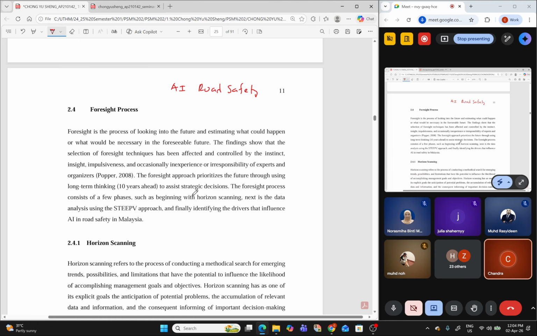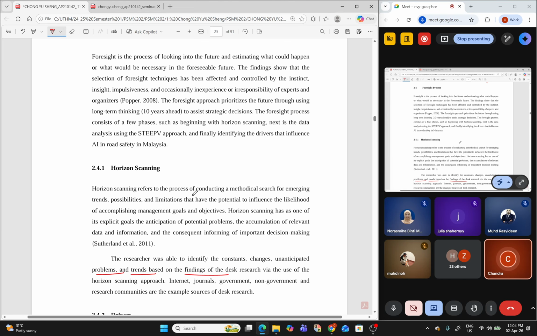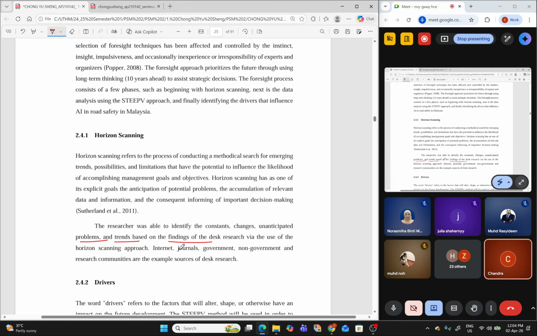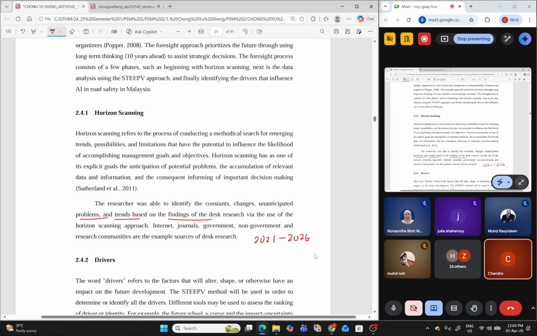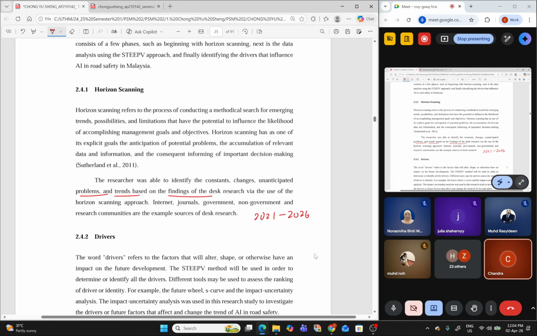So horizon scanning is you just scan through all the articles, if possible less than 5 years, kalau boleh, 2021 until 2026. Take the latest thing. If possible, not all, maybe 60 to 70% you take from all the articles website 2021 to 2026.